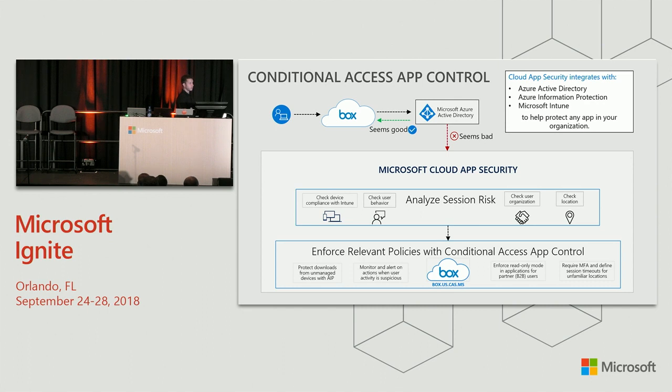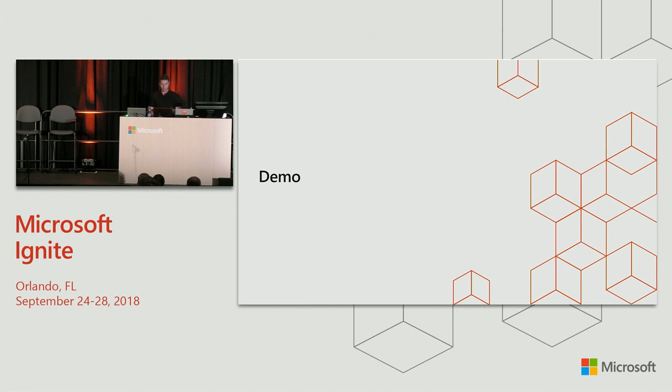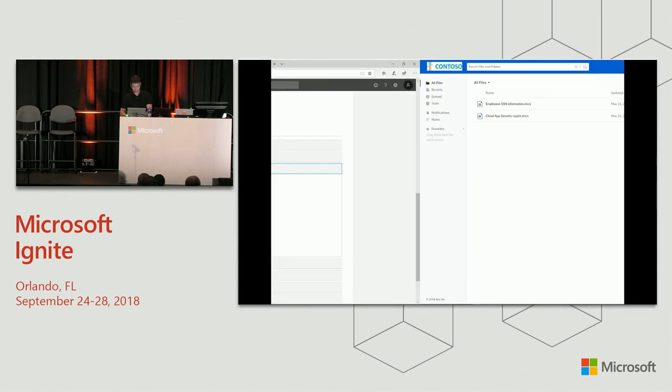But in reality, the service that the user is going to interact with is not the original box.com, it's going to be box.us.cas.ms, and this is how we do this redirection, and we hold the entire session within CloudOps Security so we can have these additional controls. So although the user thinks that they are interacting directly with the application, they are interacting through the proxy. And I think that the best way will be just to see it in action. So this is what I'll show you next.